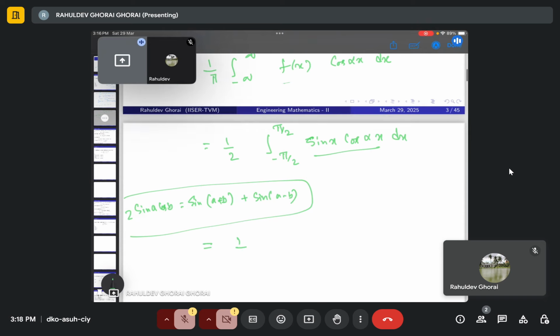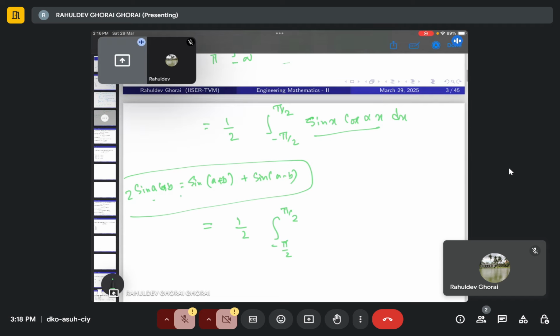So then it will be half, minus pi by 2 to pi by 2. Now in sine a cos b, a is x, b is alpha x, right? So 1 by 2 first will come, then sine of x plus alpha x plus sine of x minus alpha x dx. What it gets is 1 over 4, minus pi by 2 to pi by 2, sine of x plus alpha x plus sine of x minus alpha x dx